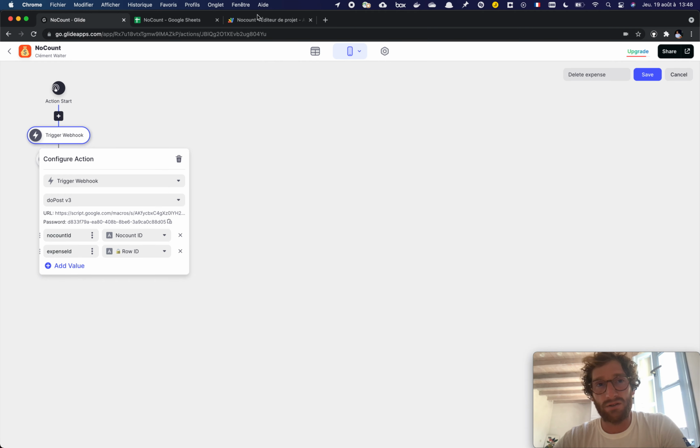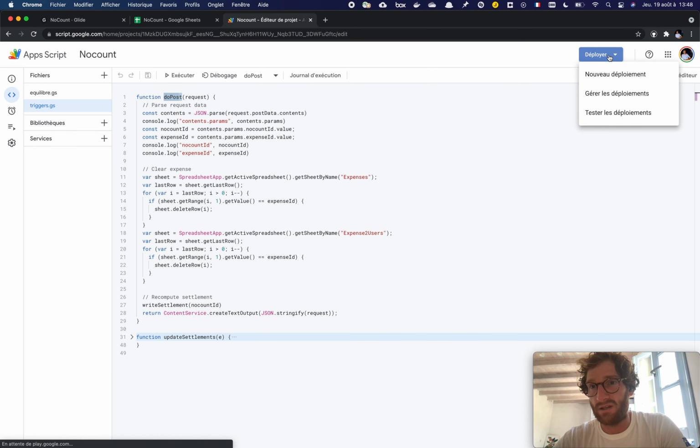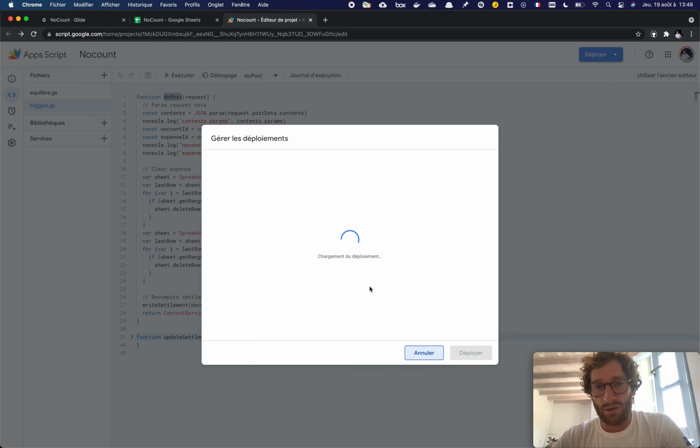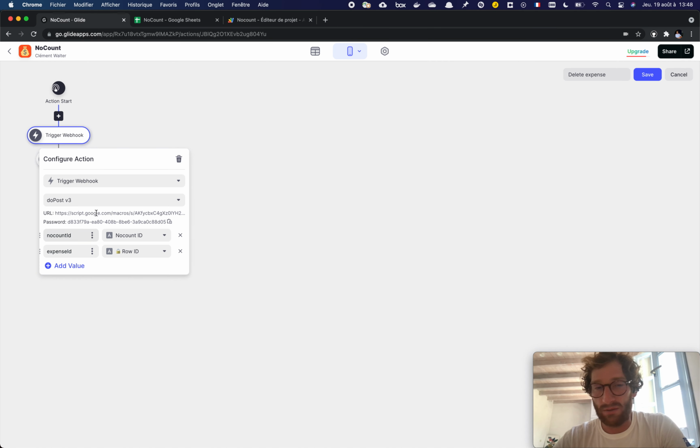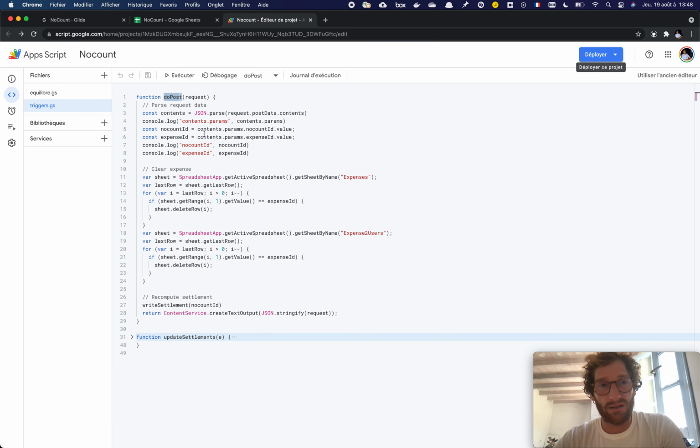So basically what you just have to do is deploy here, copy this URL, create a webhook, paste this URL, and then when you add the values in here, you will be able to get them directly with these few lines: content, JSON parse, request, postData contents, and then you can do whatever you want with this data on your sheet.